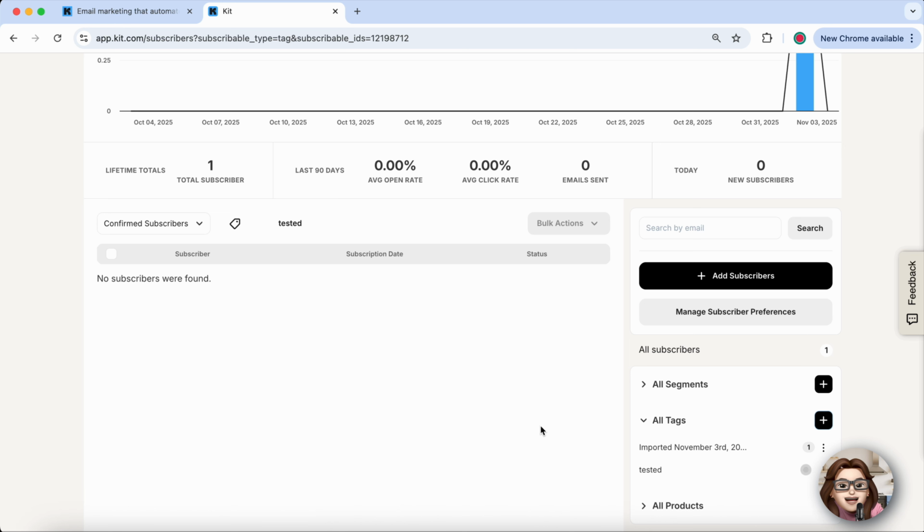And that's it. Creating tags in ConvertKit is simple, but it can greatly improve how you manage your email campaigns